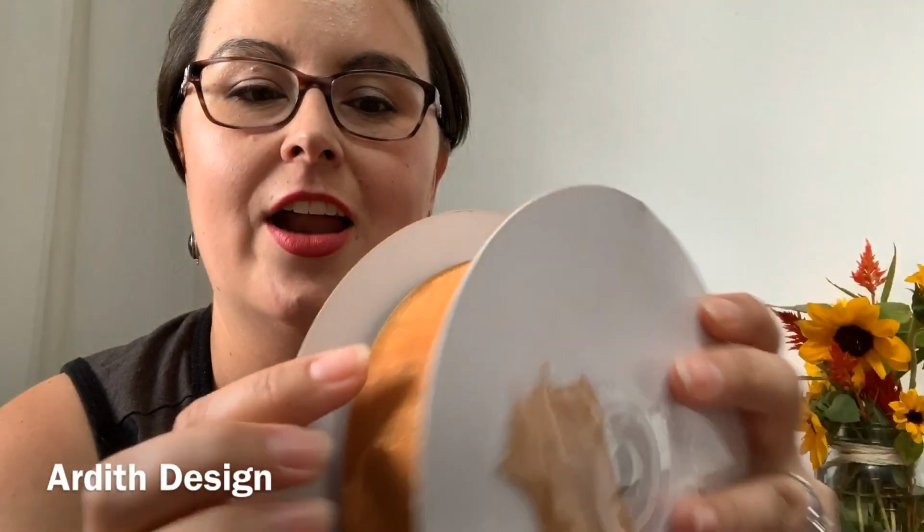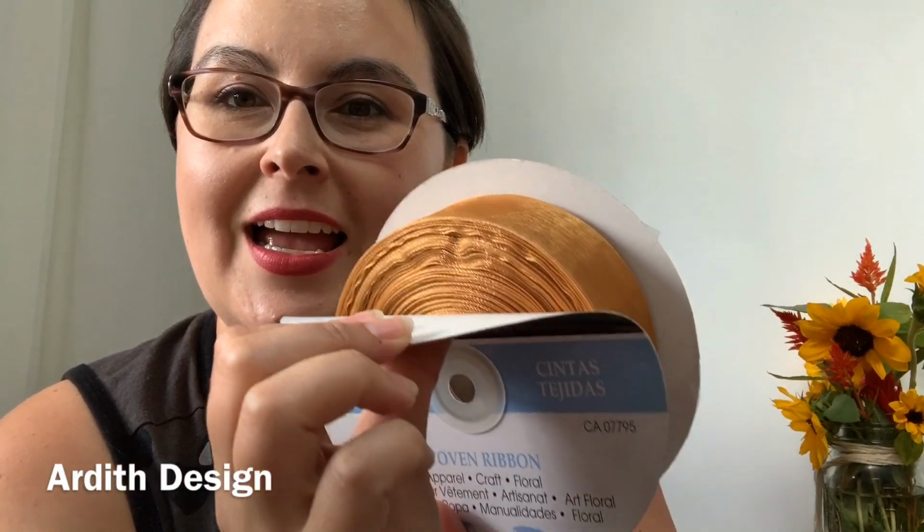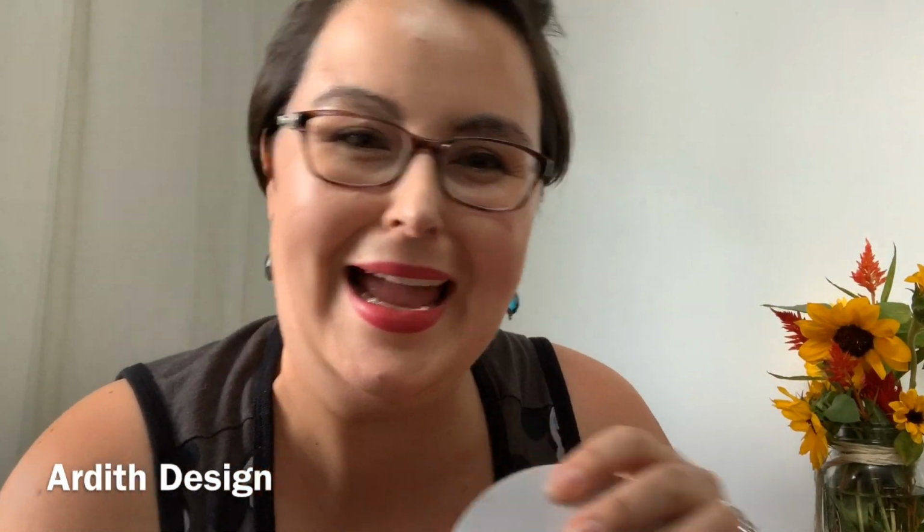I got ribbon. I paid $2 and I got all this ribbon. I love it. I love my weaknesses: trim, ribbon, buttons. Okay. Now